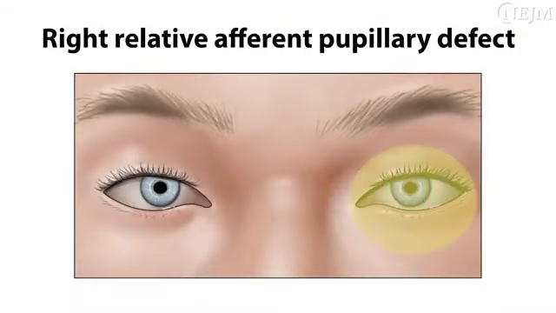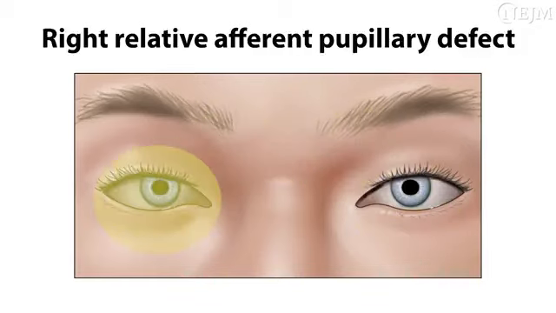Shine a light directly into the patient's eye for 2 to 3 seconds. Then, swing the light into the other eye for the same amount of time. In a normal response, both pupils will constrict equally when the light is shown in either eye. Abnormal pupillary dilation or a delayed response could be indicative of a relative afferent